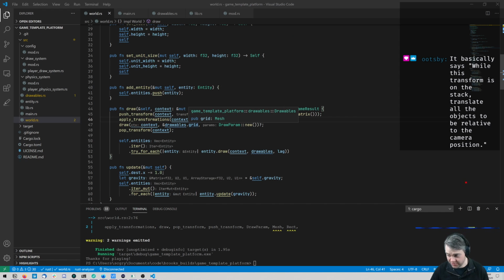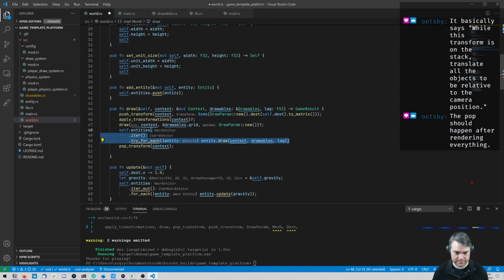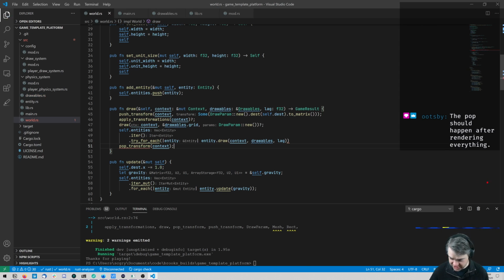Now, if I want to follow the ball, then the pop should happen after rendering everything. Right. Okay. So let's now put these inside of here. So we're going to draw the grid. We're going to draw the ball. I don't know if apply transformations should happen before everything else or after. But if I just do this on its own, and then I want my destination x to remain 0. So I want my dest.x